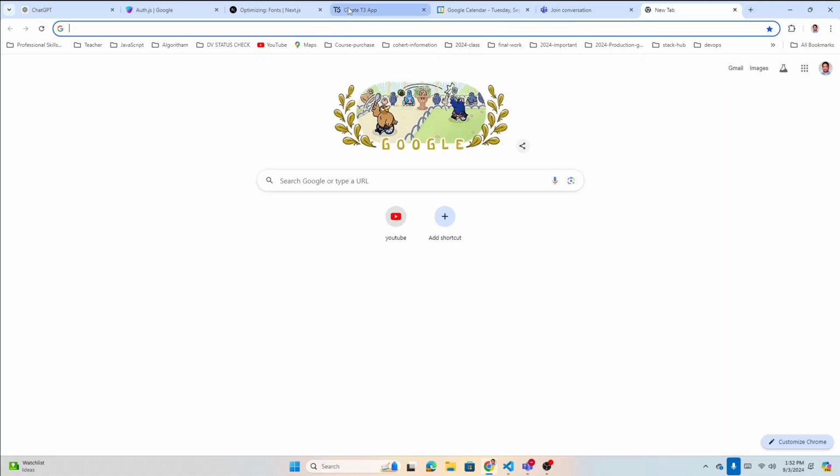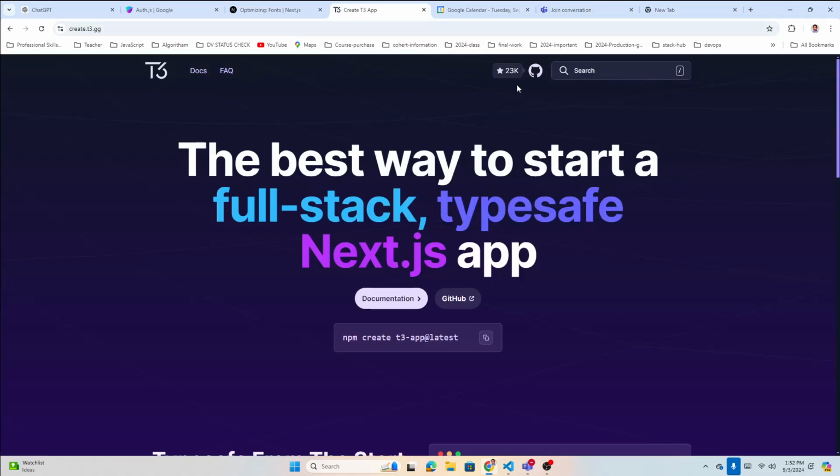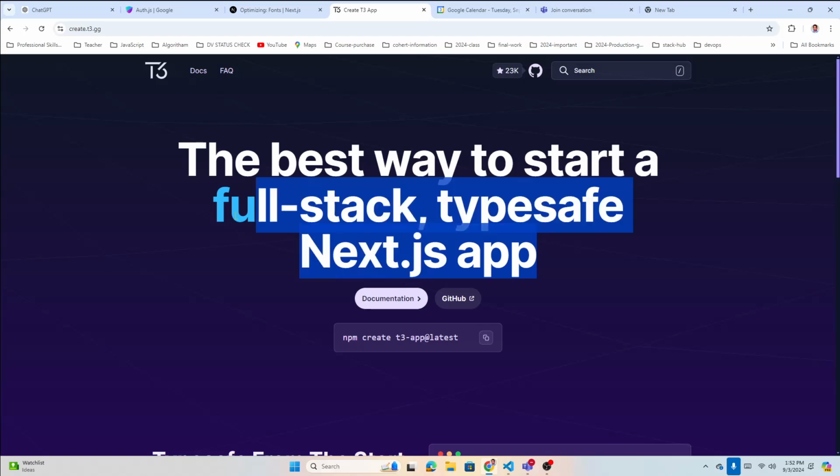Something new. Okay, what is that? T3 stack. Basically, the best way to start a full stack type safe Next.js app. This is what it means, right? So we know Next.js, okay? We know TypeScript, right? And we know how to build full stack using Prisma and the Zod validations, Tailwind CSS,